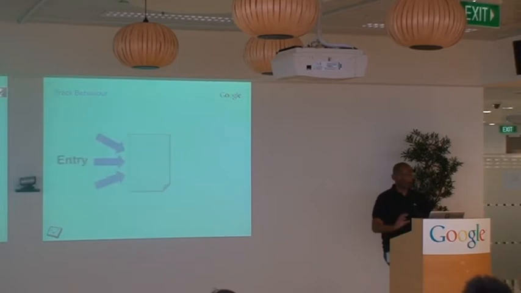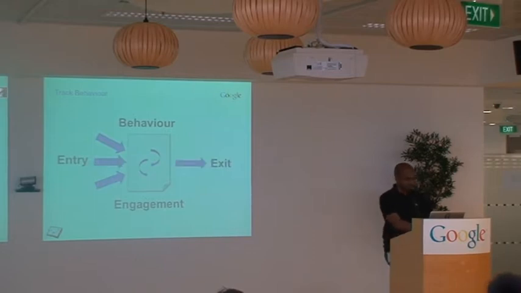So the first is how are people reaching your site or your application? And then once they're on there, how are they actually behaving with the content? How are they engaging with it? What do they like? What do they not like? So what feature sets should you be focusing on? What shouldn't you be focusing on? And then probably more importantly, what's causing them to leave altogether, right? Because hopefully you want them having a positive experience with your site and your application. So we want to understand what's causing them to leave.